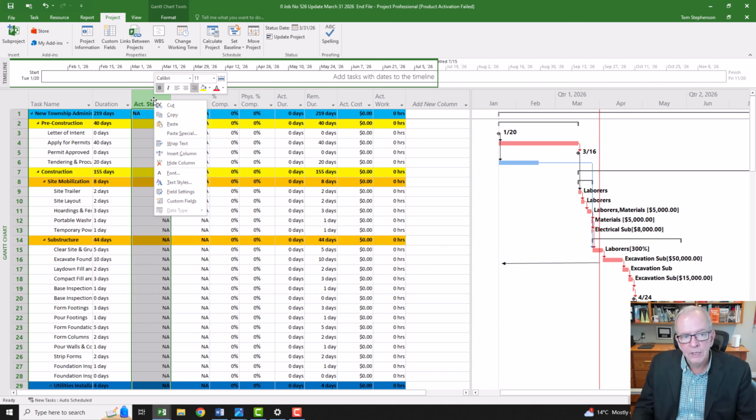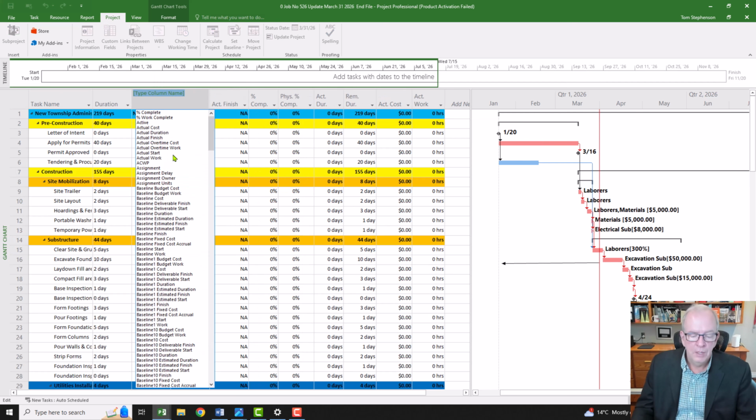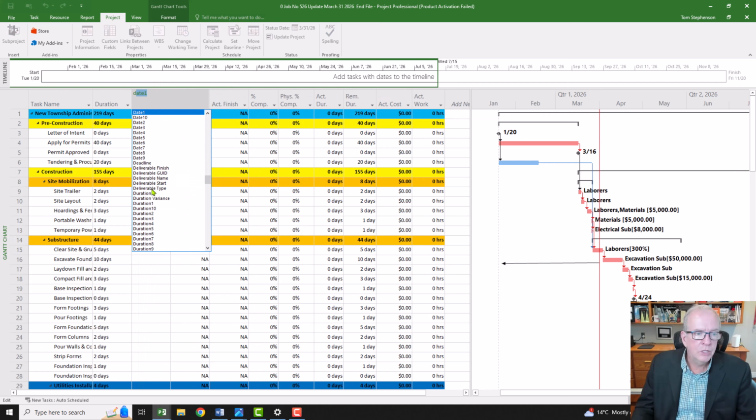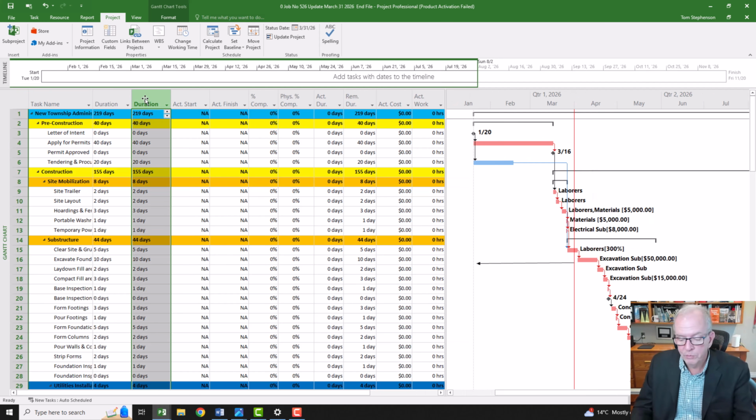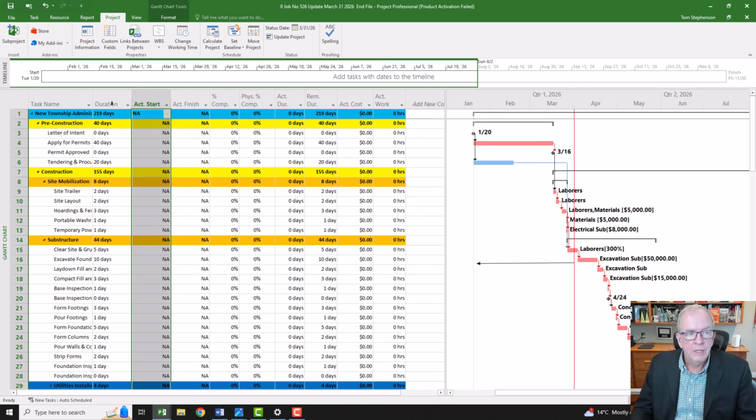Remember, you right click, you insert column, you type D for duration, and then it would insert it into your screen. It'll insert it multiple times if you want, but I'm going to delete that from view, keep the duration column there, and now I'm going to look at updating things that were completed in the project,